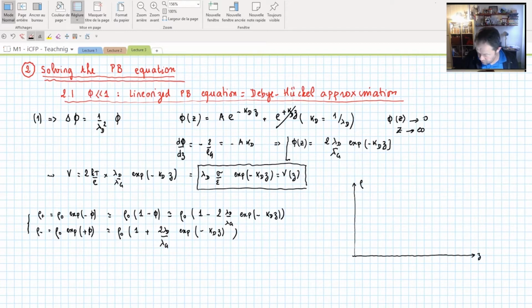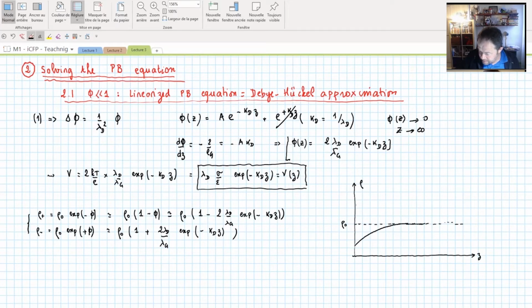So, of course, far from the surface, the density of charge will be homogeneous. Yes, the solution is neutral, Amélie, but it's neutral at large distance from the surface. But close to the surface, the solution is not neutral. That's exactly the point. And then what we'll have is that we'll have two solutions.